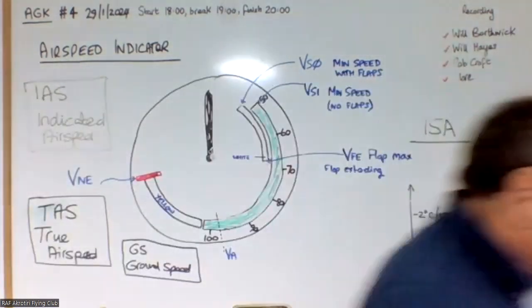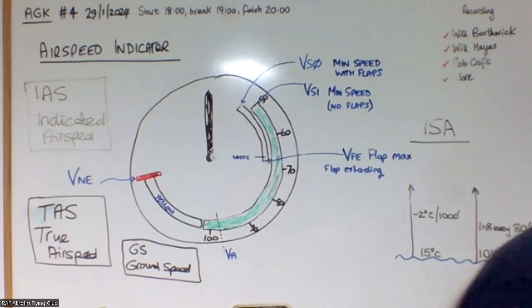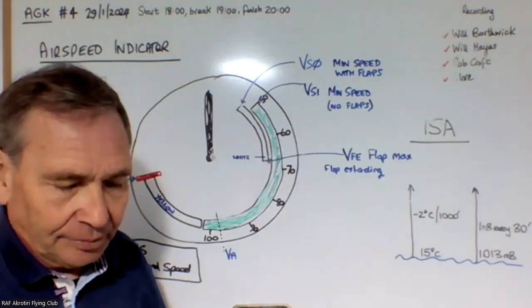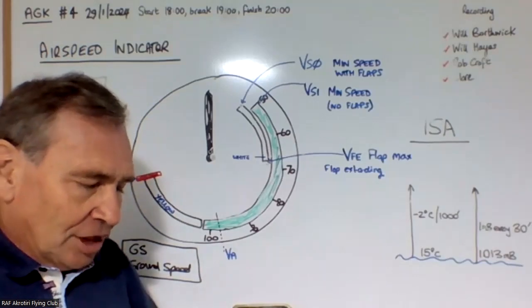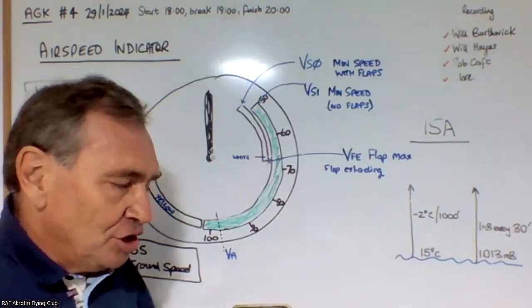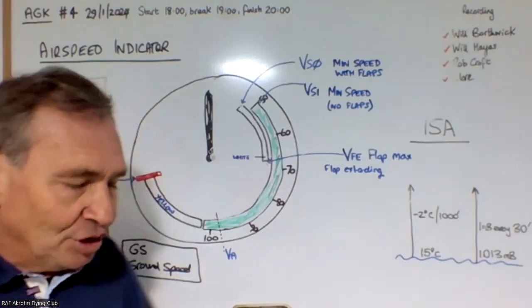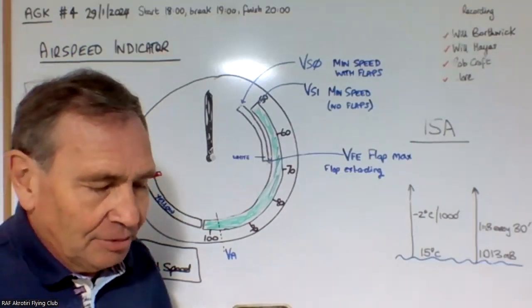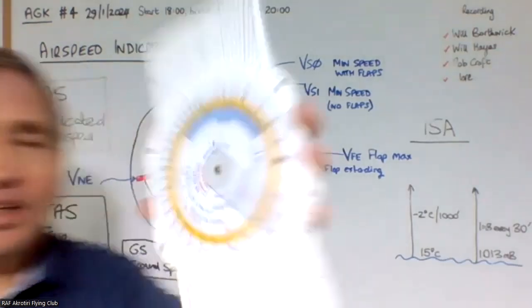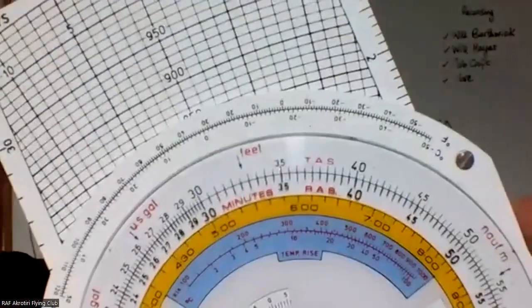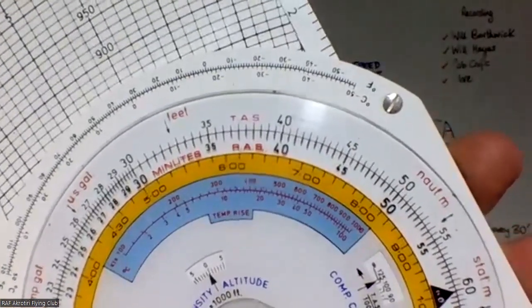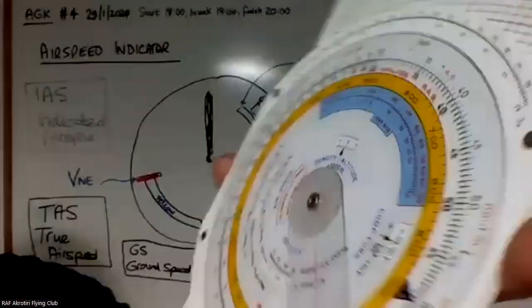GS. Now, I'm not going to cover it, but I just pointed out to you that if you can grab your whiz wheels, have a look on the outside of your whiz wheel, and you will find that there's a thing called true airspeed and rectified airspeed, and inside your whiz wheel there's a window here,